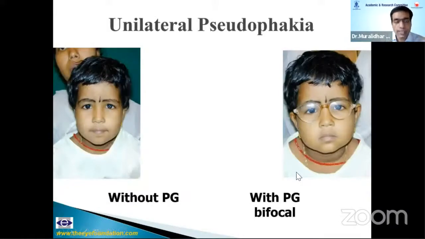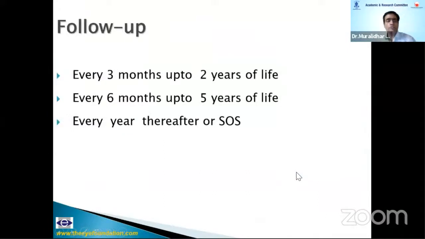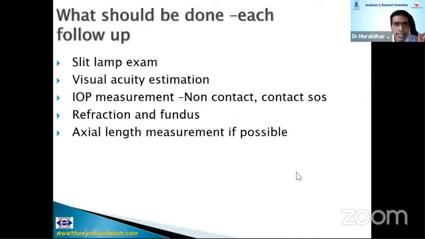I mean, you would be lucky if you get a patient more than, let's say, 6 to 9 month old with good corneal diameter. No debates, put in an IOL. So follow-up should be every 3 months. As I said, cataract surgery is the beginning of a very long road. So this is my suggested follow-up regime. For the first 2 years, you have to follow up every 3 months. And at every visit, remember to record the corneal diameter as well. I did not add it here.